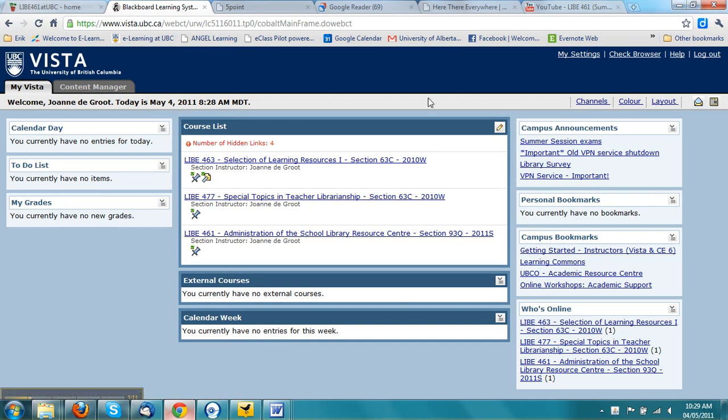And then this is the important bit, the course list, and these are all the links to the various courses that you are registered for in this term. And you'll see I've got other links on here. These are the courses that I taught in a previous term, but the one that's most important to us right now is the LIBE 461 course link. So if you click on that,